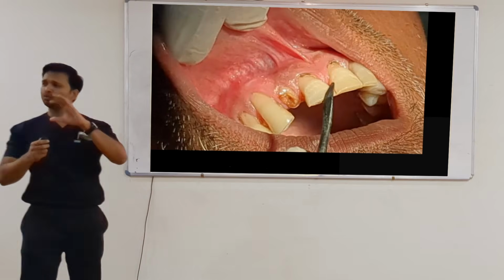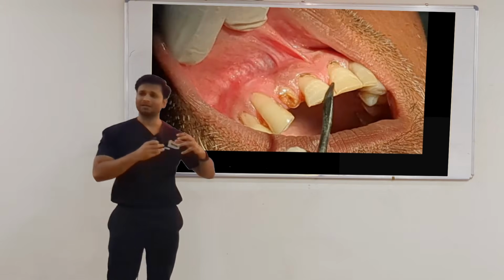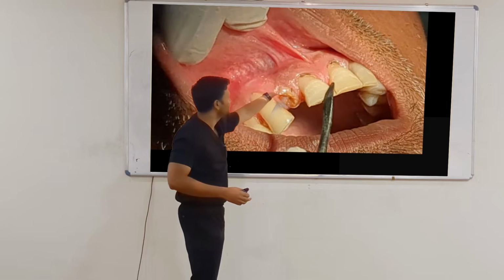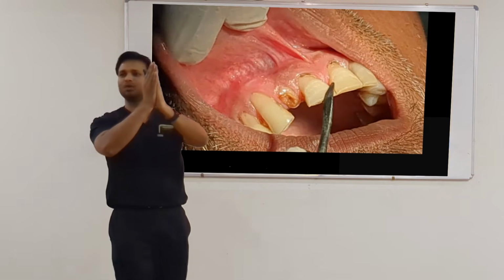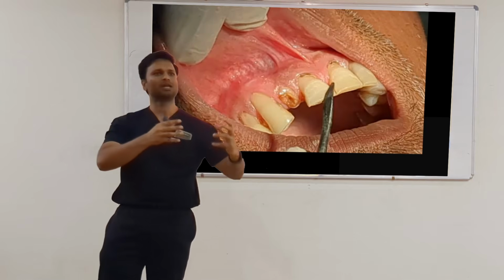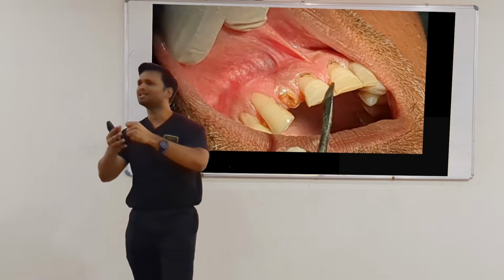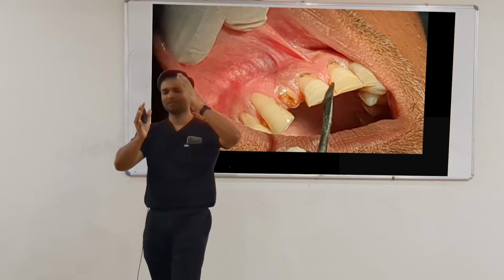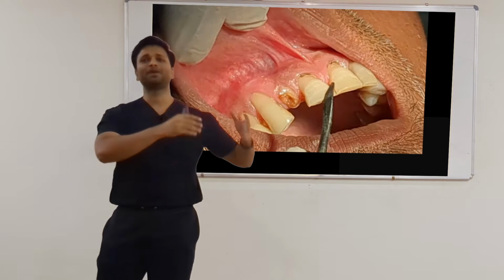And how to make sure that local infiltration is painless. Many of the even senior MDS, I've seen them depositing the LA in attached gingiva. Now this attached gingiva is tightly attached to the bone. इसीलिए नाम है attached gingiva. So there's no space to deposit the local anesthesia, right? So अब space नहीं है, you're forcing the LA solution. Patient को pain होगा because that solution is pushing the soft tissue from the bone. It is tearing the periosteum. So it is very painful to the patient.